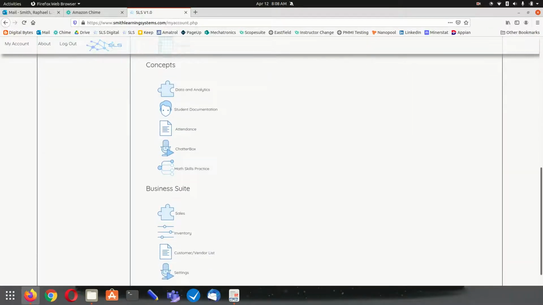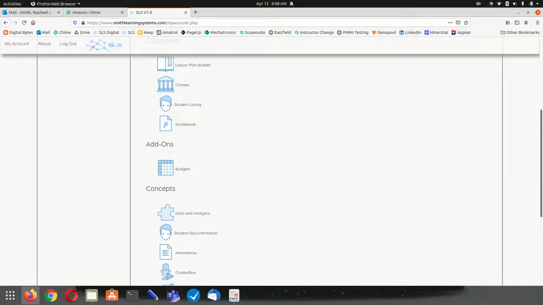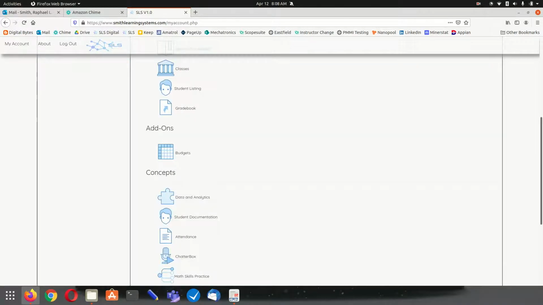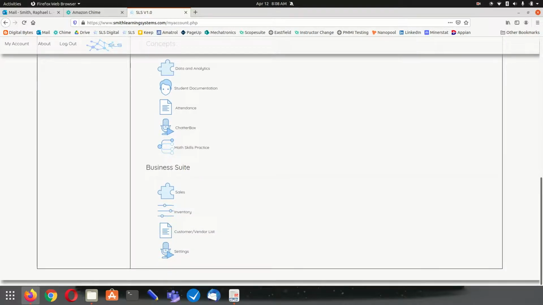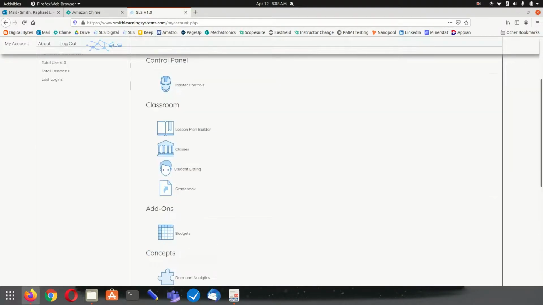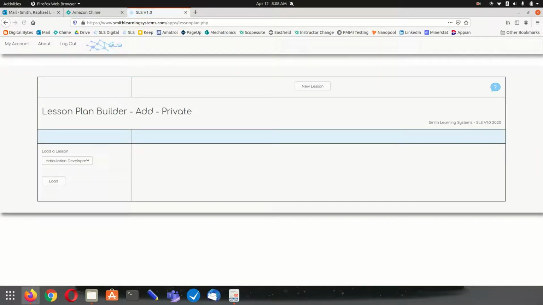Okay, so you will not see all this. These are different applications that are in development or in beta testing, including budgets, data and analytics, as well as student documentation and inventory. So we're going to focus here on the classroom suite. Okay, so initially when you go in, you're going to want to create a lesson plan. So using the lesson plan builder, if you're a new user, you'll notice that you shouldn't have anything here in